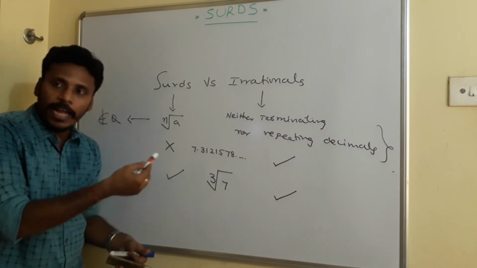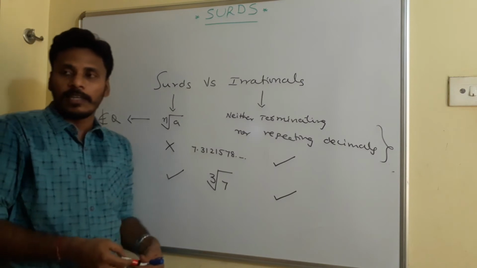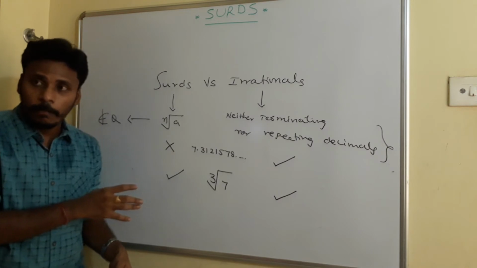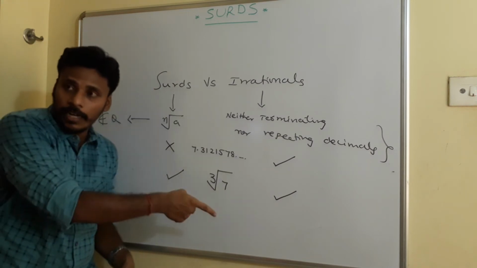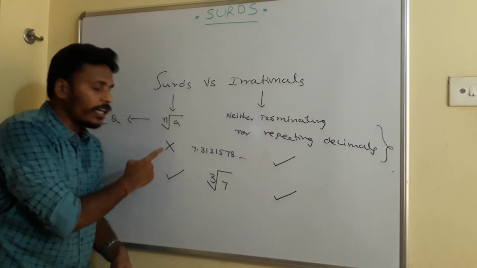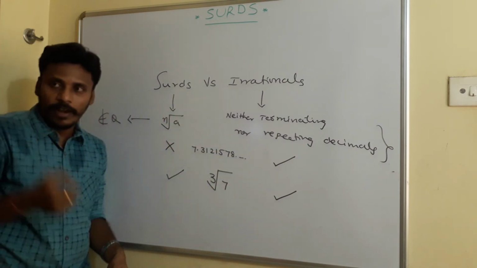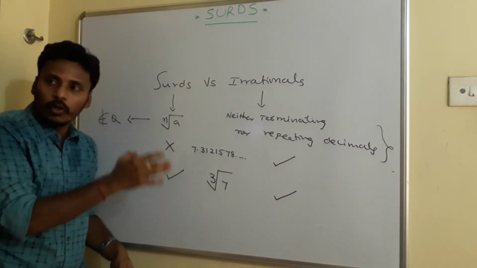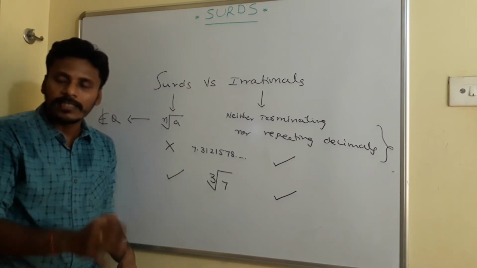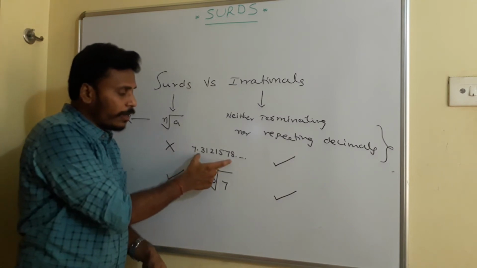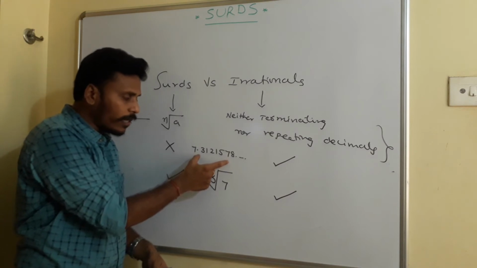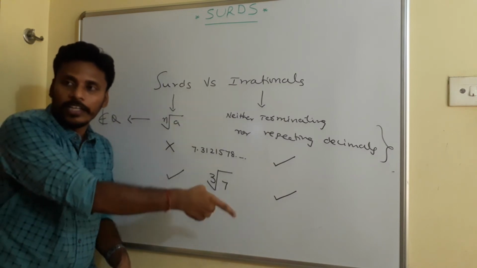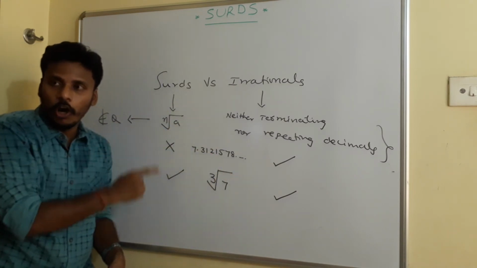If you try to find the value of cube root of 7, it results again in a neither terminating nor repeating decimal. From this it is very clear that every surd is an irrational number, but every irrational number need not be a surd. Just note that point, right? Every surd, of this format, cube root 7, root 19, 4th root 15, all these things are irrational numbers. But irrational numbers are in this form also, but these are not surds. So what I am going to conclude: every surd is irrational, but every irrational need not be a surd.